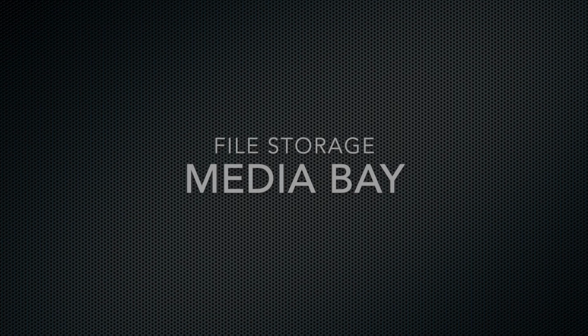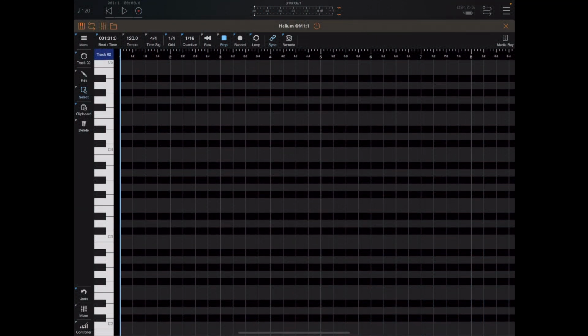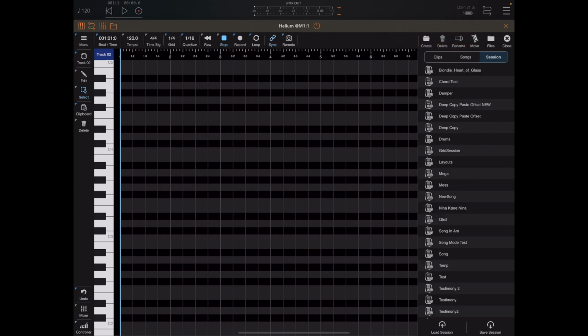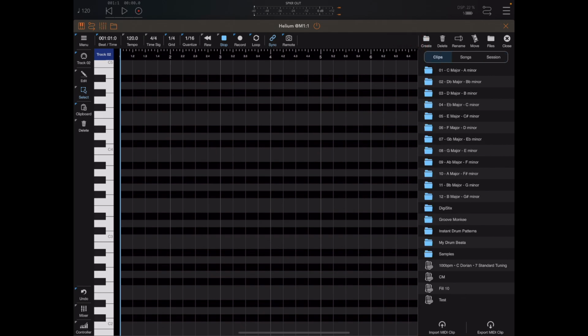Now I want to start with the media bay, because it's probably one of the most important things in the program. You get to the media bay by clicking this little button in the top right corner. Now the media bay is where you do all your file management, and there are three different sections in here: clips, songs and sessions. So the clips section is where all the tens of thousands of chord progressions are stored,